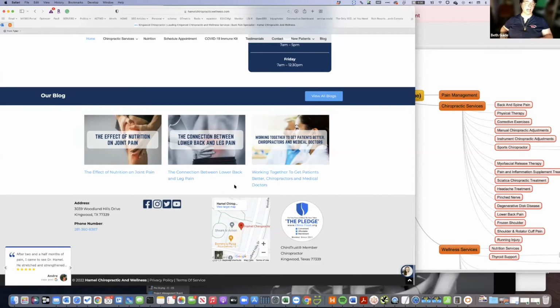And the other thing that I will be doing, and I want everybody to do, okay, is we're going to put in a page that's going to talk, in this case, about Humble and Atascocita and Kingwood, the area, the Lake Houston area that I live in, because I'm trying to signal Google that I have a chiropractor in Kingwood, okay? And that is the most important part of this.